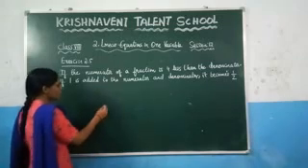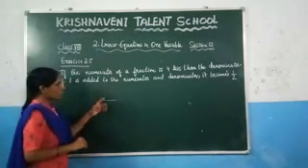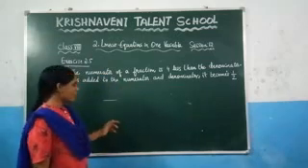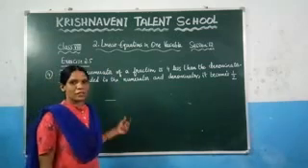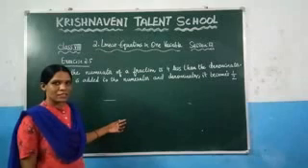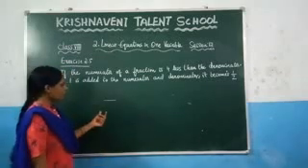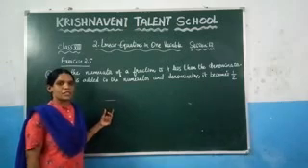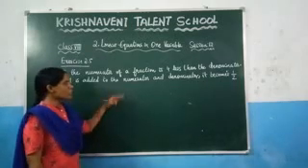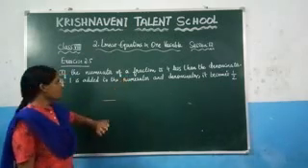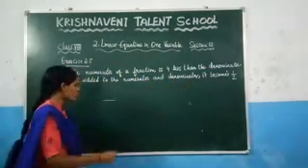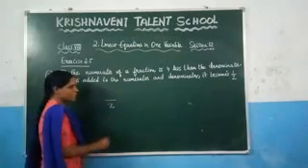So here, what is given here? You don't know what is the numerator and what is the denominator, but they have given the relationship between the numerator and the denominator. What is the relation they have given here? The numerator of a fraction is 4 less than the denominator. You don't know the denominator, let us consider it as x.